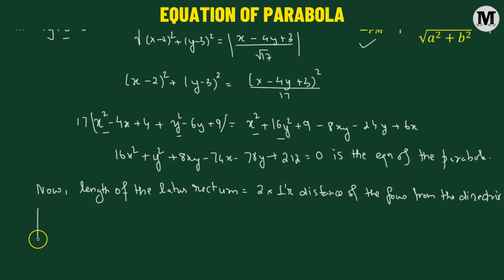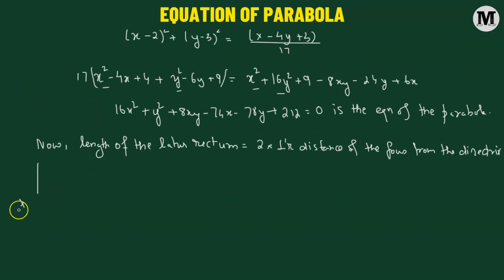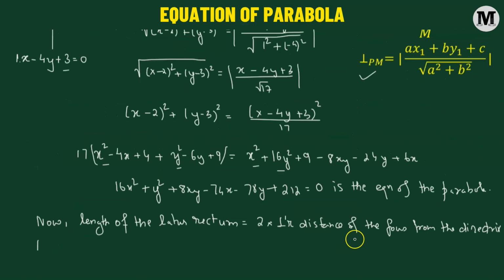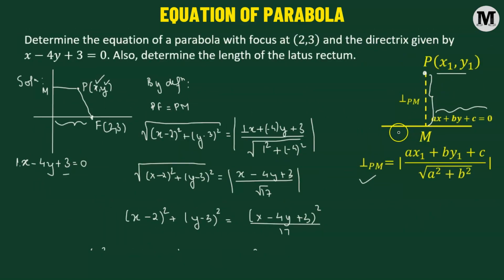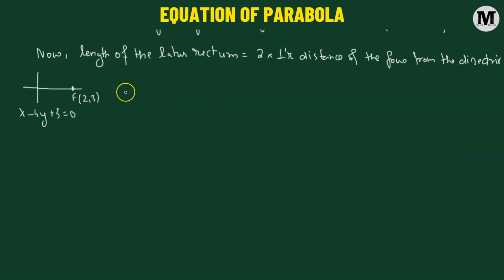So here we already have the equation of the directrix, x minus 4y plus 3 equals 0. Then we had the axis of symmetry, on which lies the focus. The coordinates of the focus were (2, 3). So we can use the formula for finding the perpendicular distance of a point from a straight line. Here the length of the latus rectum will be equal to 2 times the absolute value of